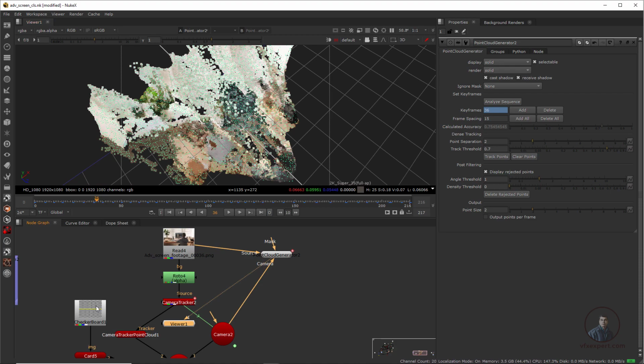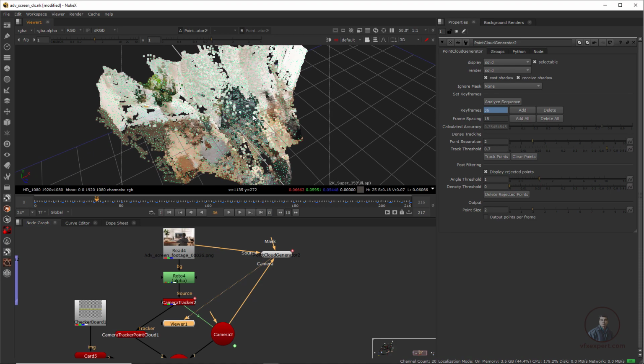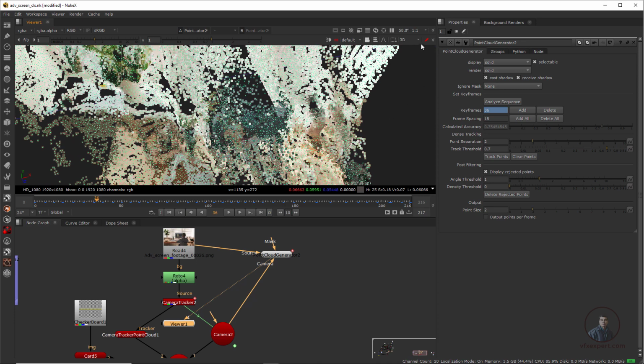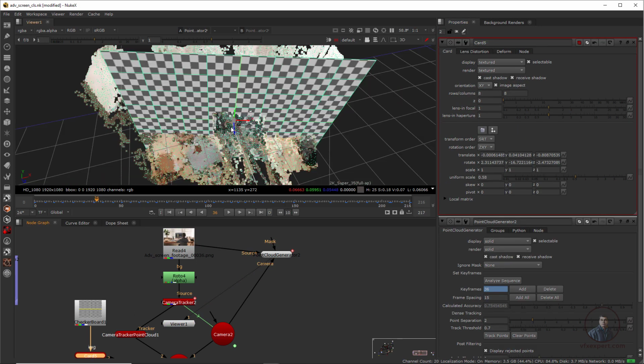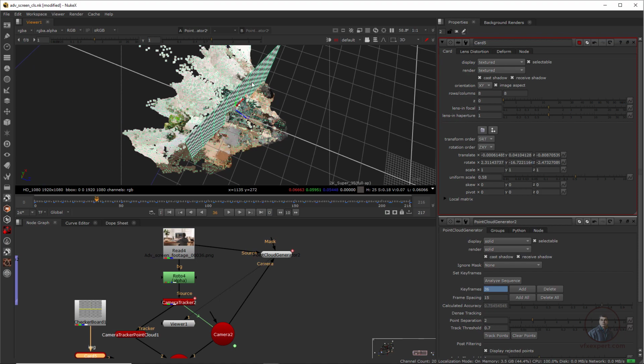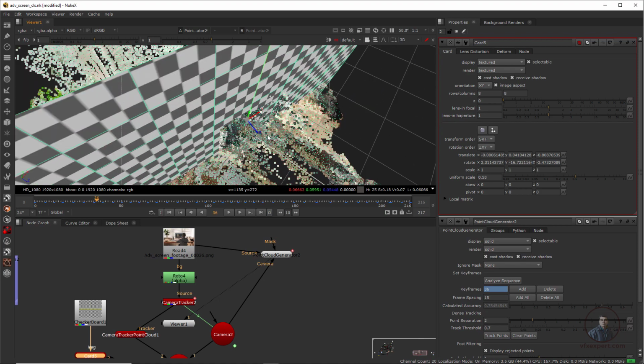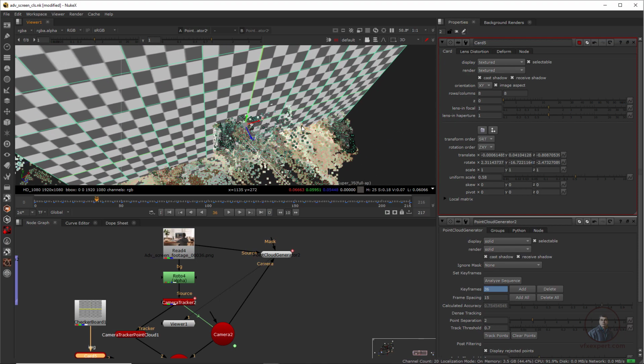Now I am going to place this card according to our point mesh. So how can we place it? Here we have to define properties 2, so at a time two node parameters can be displayed here. Then we have to double click on this card, so we can see both things here. Now guys, we can see this is our card and this is our point mesh. Now we can easily place our card here.